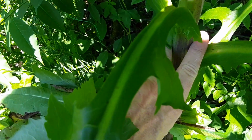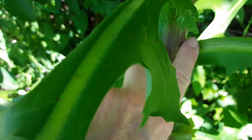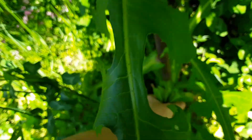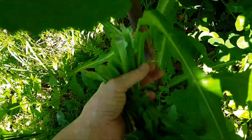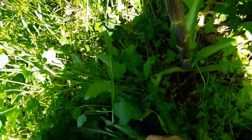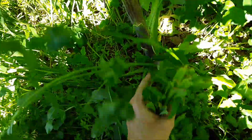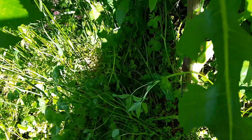And I'm going to put my hand in here so you can see how thick this stalk is. And I'm going to go in here and I'm going to pull these leaves. I hope you can see this. I'm actually being suffocated by the leaves. I can't see my camera because of how bountiful the leaves are. And these places where I'm pulling the leaves from will heal over. It will not hurt the plant whatsoever. But it provides